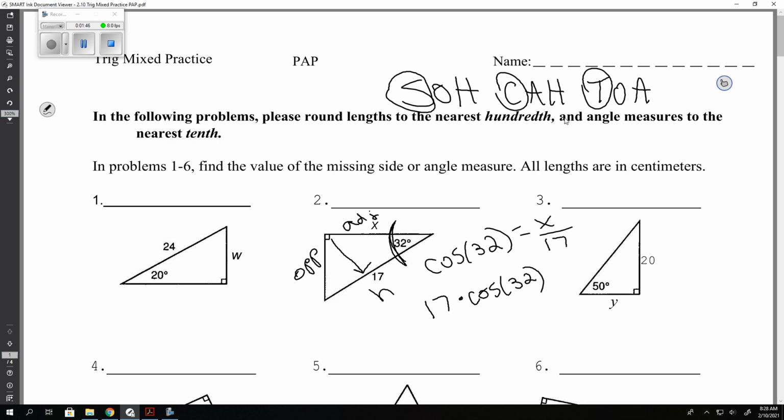Okay, and then also it says, let's check our rounding. It says in the following problems, please round lengths to the nearest 100, and angles are going to be to the nearest 10. So 100, that means we have to look at 3 decimal places, right? So you get